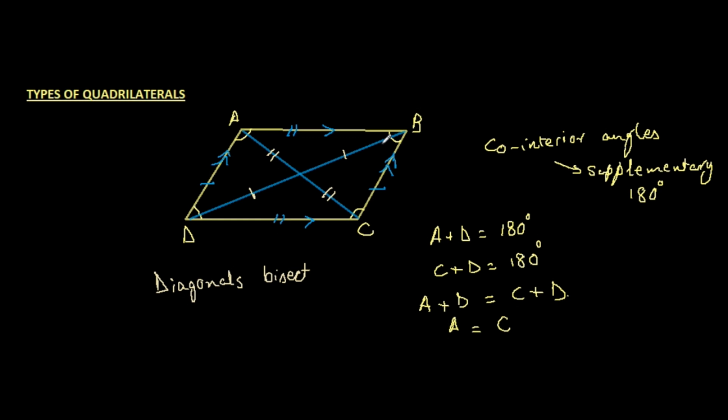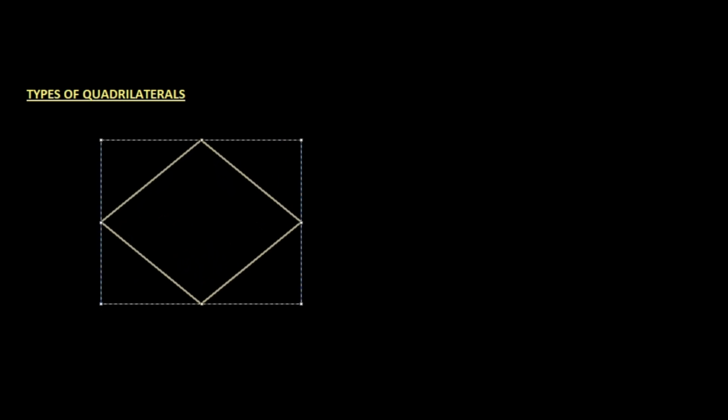Now there are some special kinds of parallelograms also, and let us look at those before we go any further with any other shapes. So another special kind of parallelogram is called a rhombus, and a rhombus looks something like this. So what exactly is a rhombus? Well, if we look at the properties of a rhombus, first of all, we will notice that all its four sides are equal. So these four sides, they are equal,